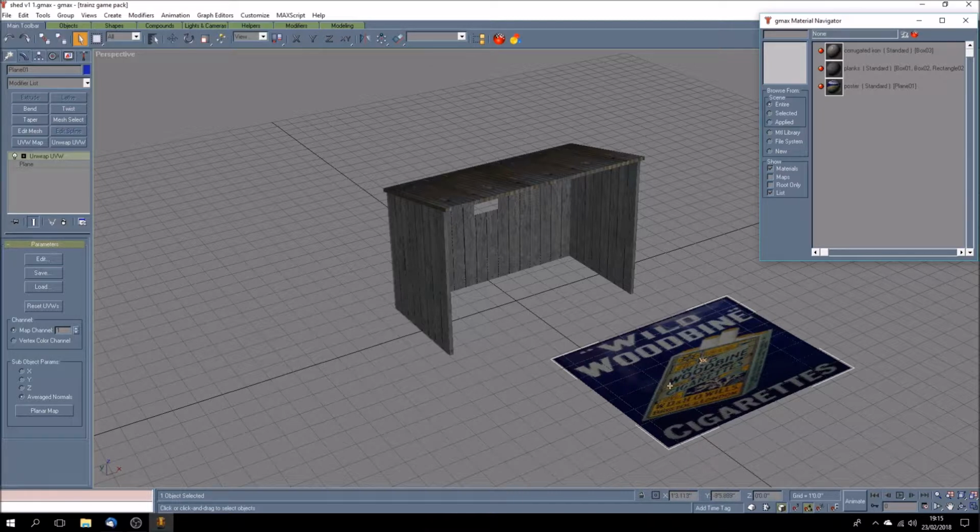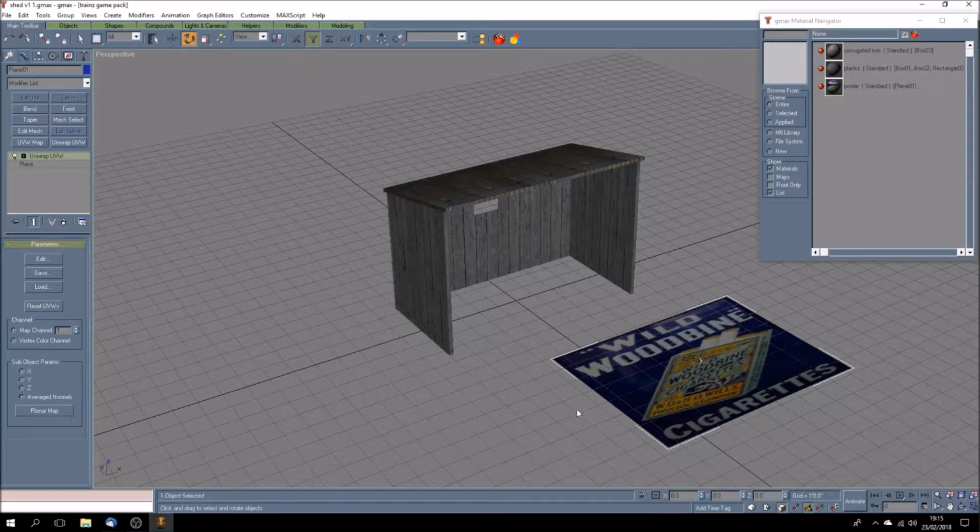Now all we have to do with this is to resize it so that it fits the shed, and also to get its correct orientation. So at the moment it's lying flat on the ground, which is no good. So we've got to pick it up, move it and resize it. So let's first of all rotate it so that it's actually standing vertically, and for that we need the rotation tool and we need the correct